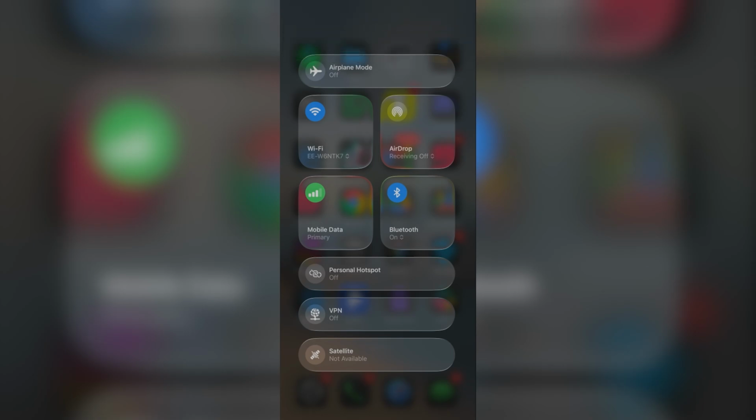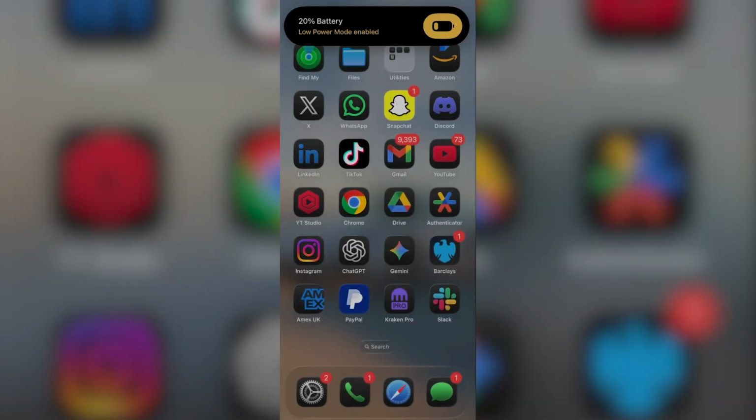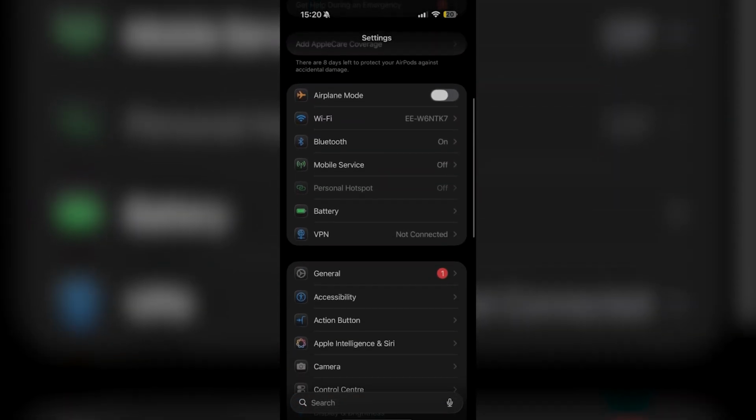If you're on Wi-Fi, you can try turning it off and try something on mobile data. And if you're on mobile data, then try Wi-Fi instead. So you have those two different options. And what you could also do is, if you're on low power mode, disable that as well. And then the final thing I would recommend doing is going over to the settings application, scrolling down until you